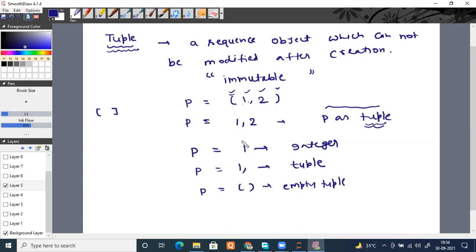If we take only a single value here for assignment, it will be considered an integer by the Python interpreter. But if I put a comma, it will be considered a tuple. If we create round brackets that are empty, it will be an empty tuple. Any doubt on this point, so that we can go to code execution of the same?